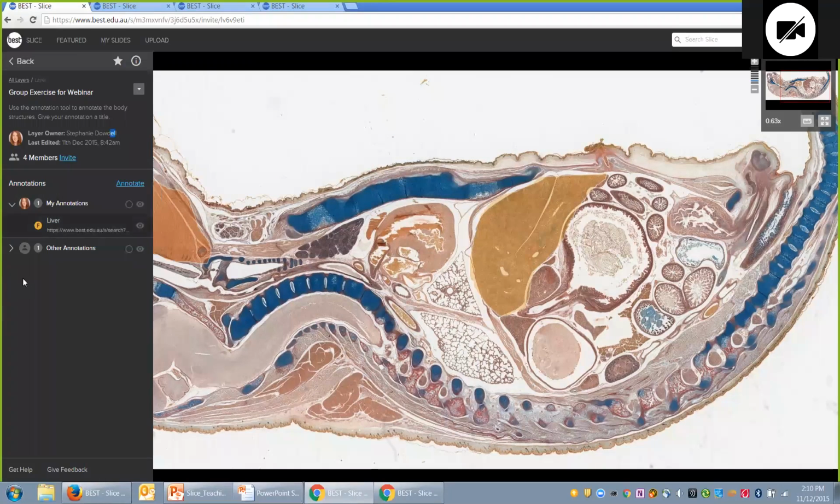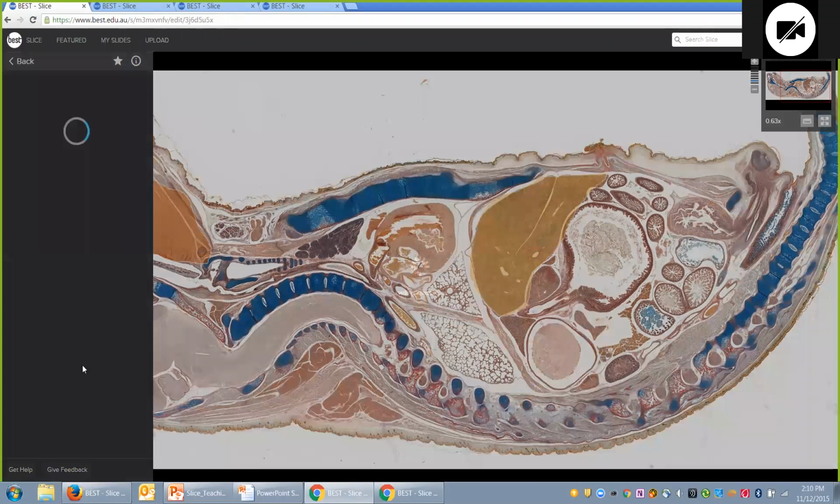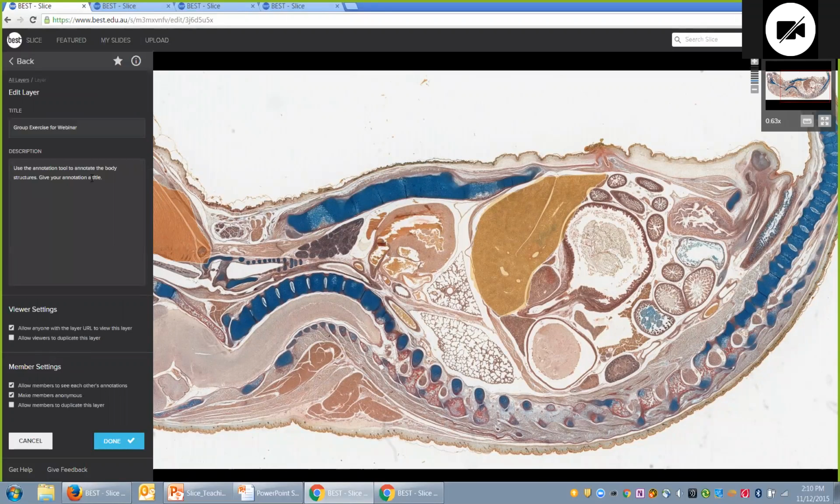Okay. As the layer owner, my annotations will always appear at the top of the screen, and anyone else's annotations will appear below. So I'm now going to show you how this annotation layer has been set up. If you click this drop down next to the title and go to edit, we've got the member settings down the bottom. So here we can change the title, the description, and also how people interact on this annotation